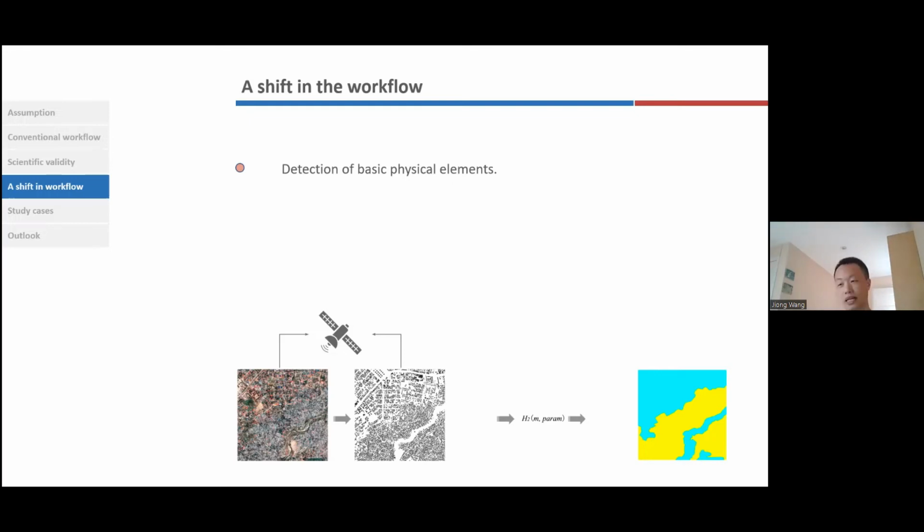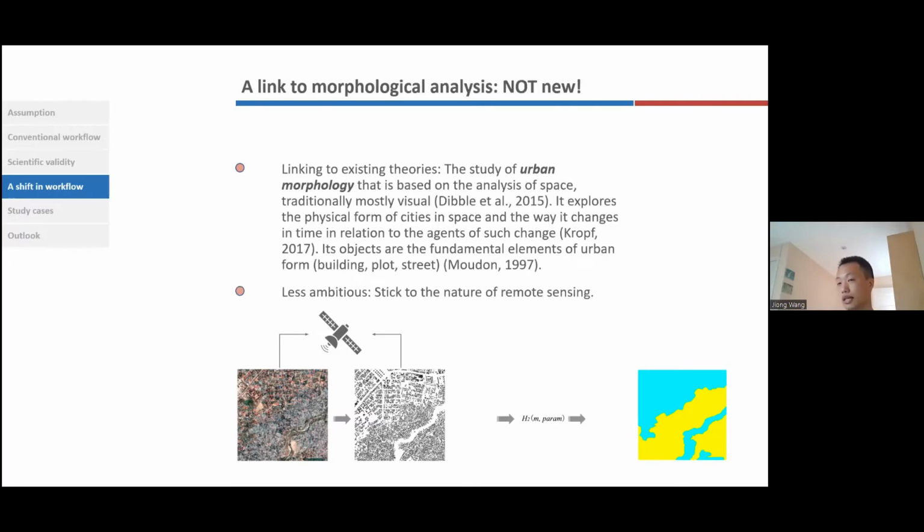This is actually quite beneficial if you think about the nature of remote sensing, that it only sees physical information from above. So why not just stick to this nature, try to extract the physical information alone, and build something on top of that? People are actually trying this, and this is not new, I would say, because trying to interpret urban patterns or understand urbanization or its socioeconomic status in terms of these basic urban elements